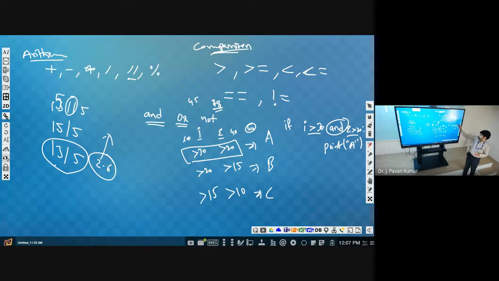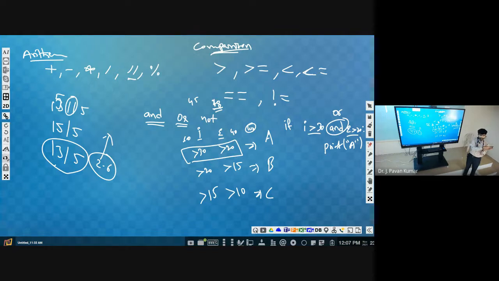Even for the same thing, we can use or as well. What will be the functionality? Either internal should be greater than 30 or external should be greater than 20, then we can give A grade. Understand? That is the functionality. I hope you could relate the and, or functionality. We can use these two whenever we want to frame a condition based upon two or more conditions.